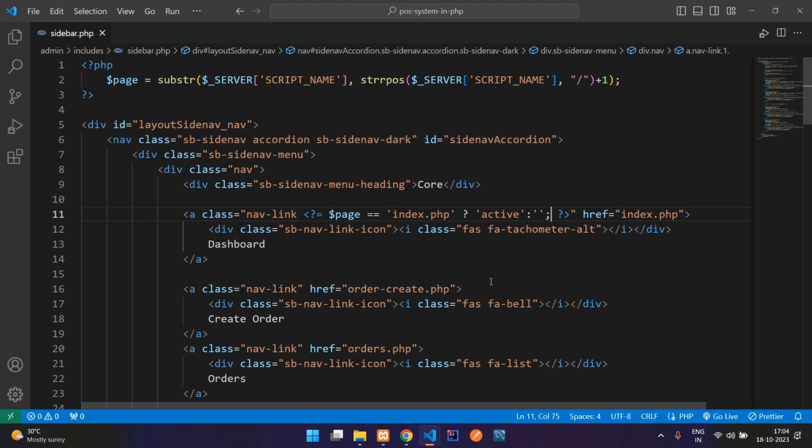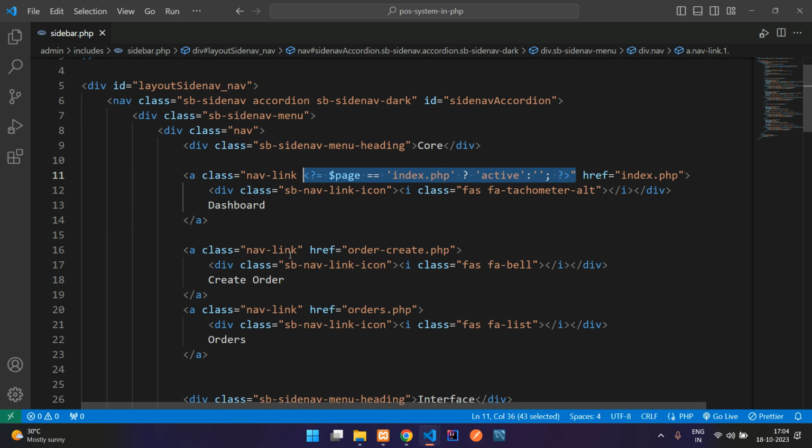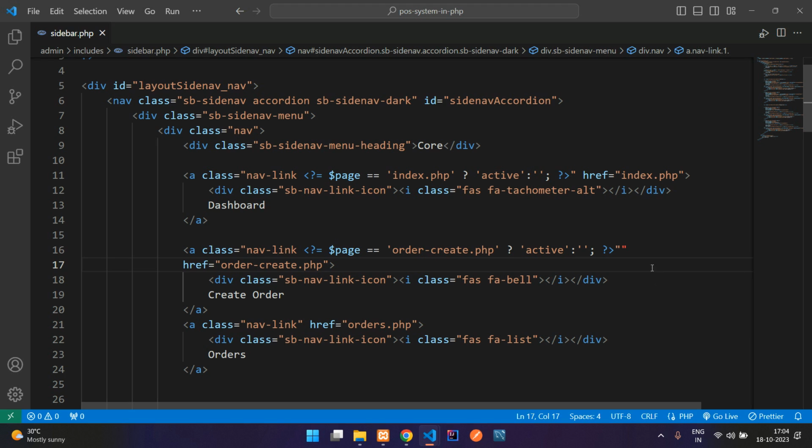That's it. So now you need to paste this logic for every nav link here. Copy this and paste here for the second nav link, and your href, that is the file name, let's paste here. Let me break it down. So here is one extra double quote, so make sure you are not